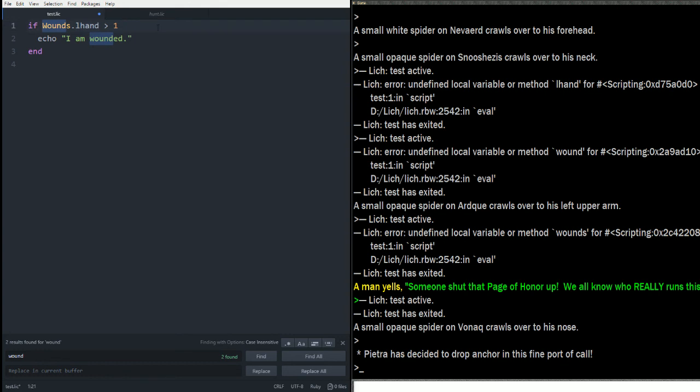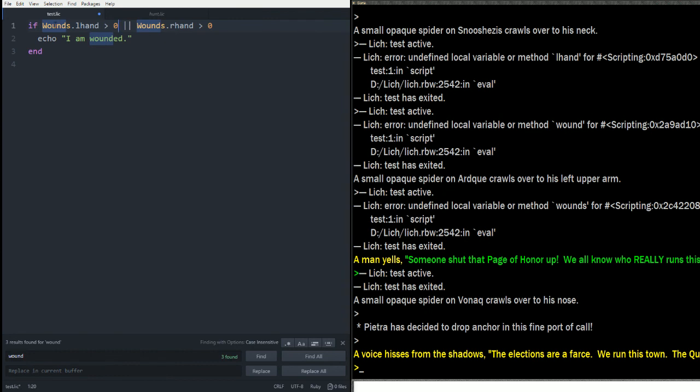But you don't have to make a different if statement. You just do if wounds.l hand greater than 1 or wounds.r hand greater than 0 or whatever. You do it like that. When you do two pipe symbols like that, you're saying, if this value is true, or this value is true, or this value is true,